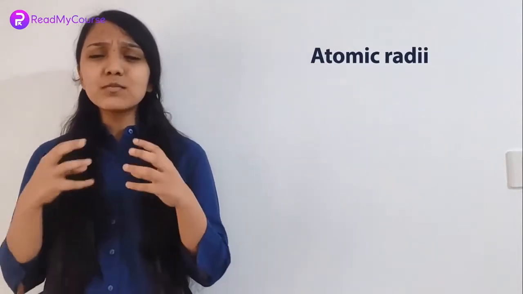We know that atoms are so small, right? They are of the order of 10 power minus 10 meter, that is angstrom. And the electron cloud around the atom does not have a definite size. So how do you find the size of an atom? It's practically impossible, right? So in case of non-metals, we take the